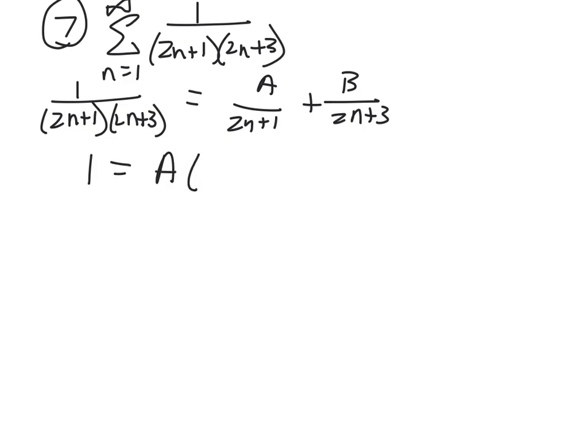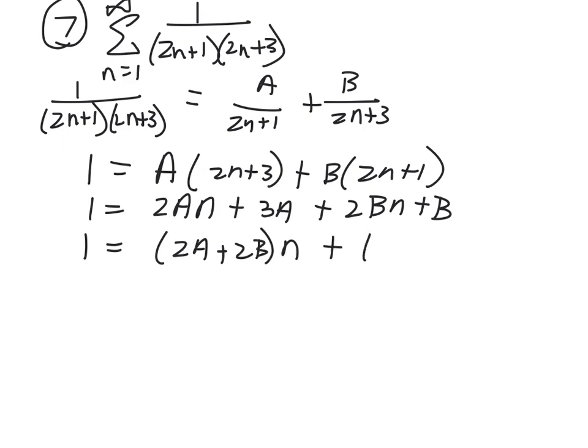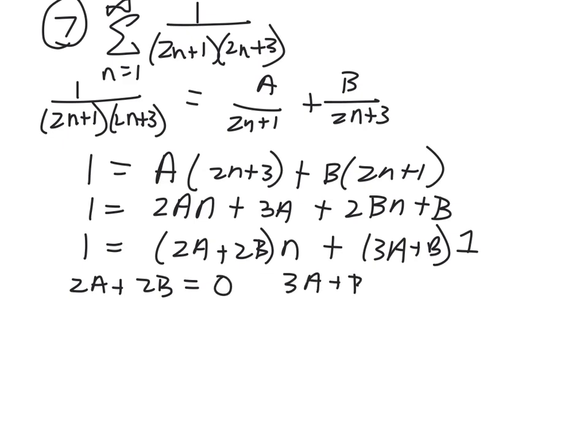1 equals a times 2n plus 3 plus b times 2n plus 1. And then distribute: 2an plus 3a plus 2bn plus b. And then factor the n's out of the two terms that have n's: 2a plus 2b times n plus 3a plus b times 1. And now set up my system. So 2a plus 2b would equal 0, and 3a plus b would have to equal 1,